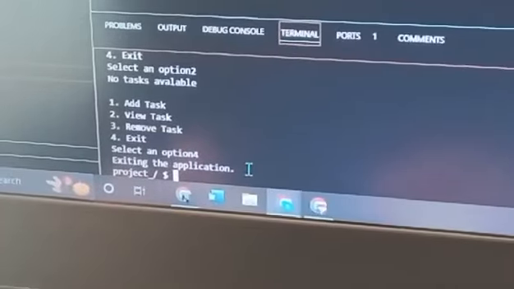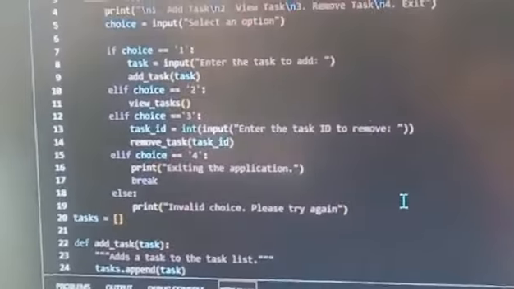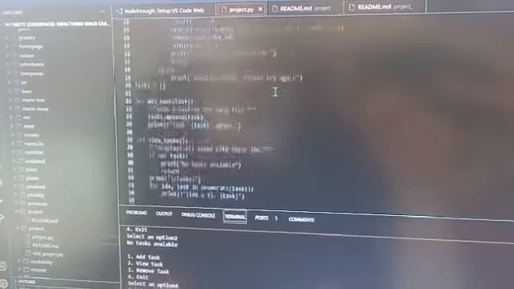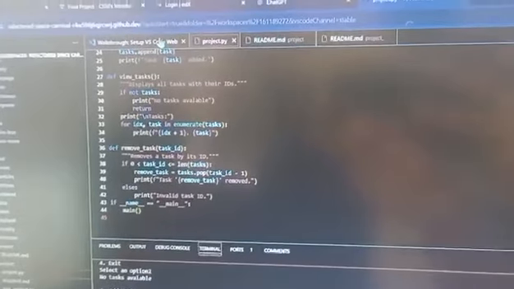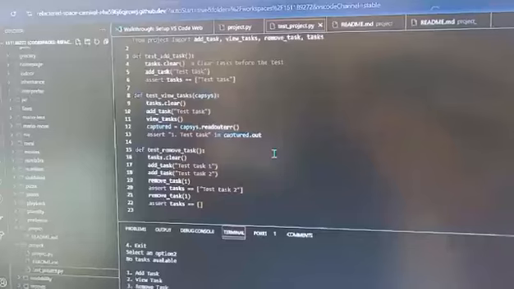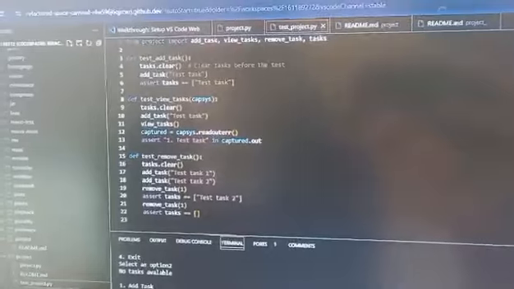So that's basically how our program works, and our main function is to create a to-do list task. This is our code for every function. We also included a file that includes the project test, so we can test the file before actually implementing it.